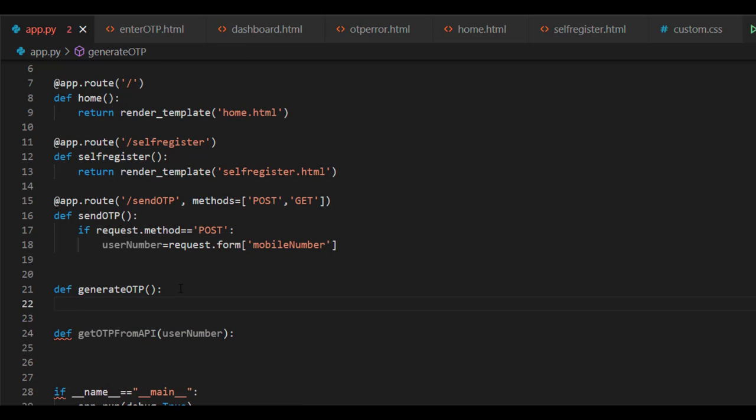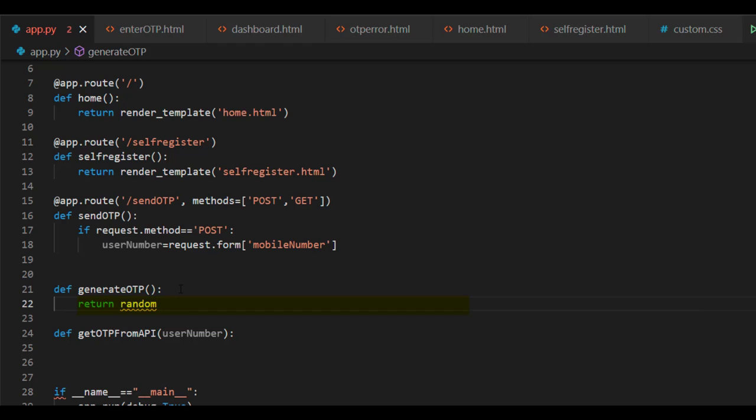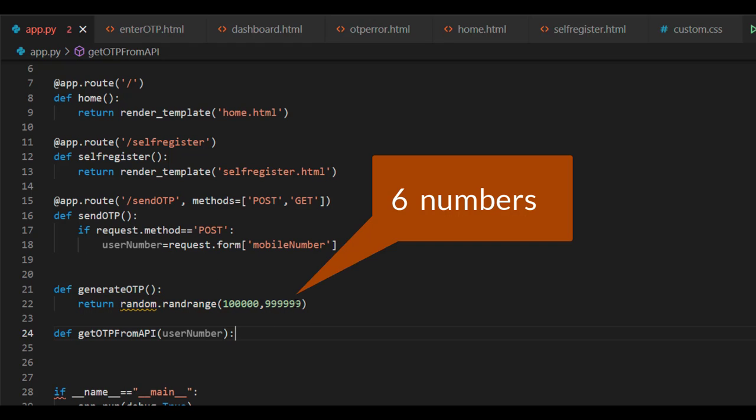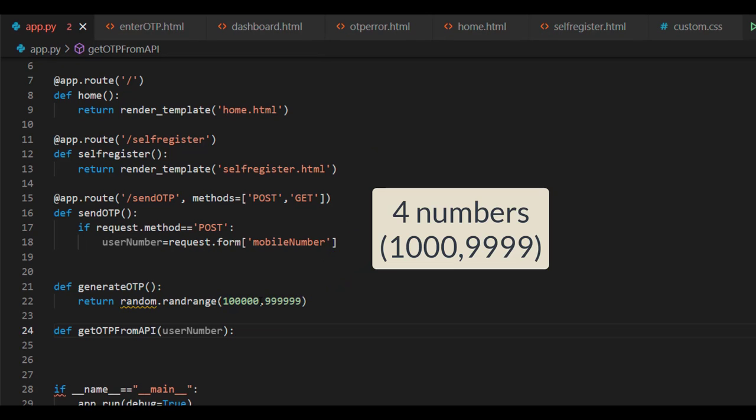In the generate OTP function, we'll write return random.randrange 1 lakh, 999. Here I have to generate OTP for 6 numbers. So I have selected here range 1 lakh, 999. If you need the OTP for 4 numbers, you can change the range from 1000 to 9999.